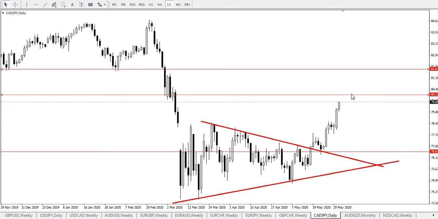find temporary resistance at price 80.128, and continuous bullish pressure and a break and close above this zone would send the pair further up to find a major resistance at price 81.675. While continuous bearish pressure and inability to break and close above the 80.128 mark would send the currency further down to find major support at price